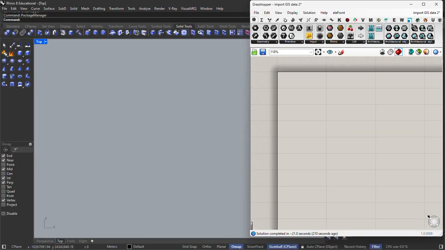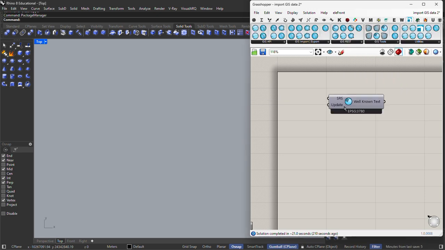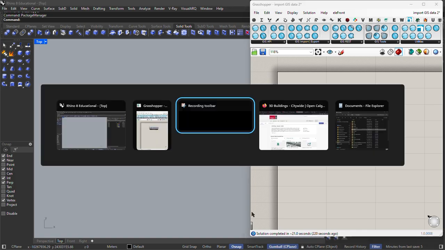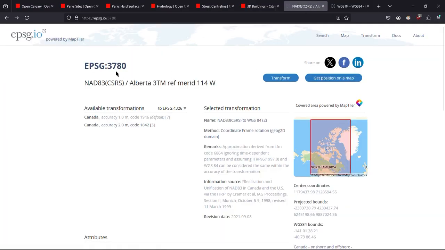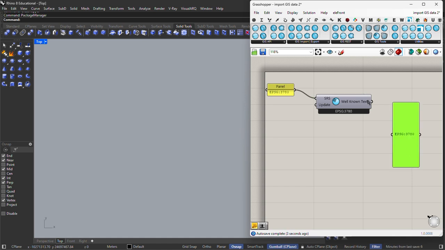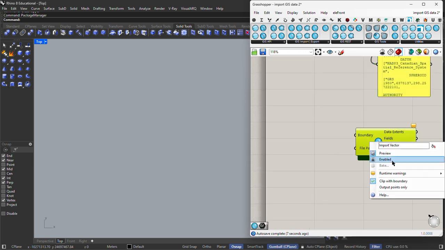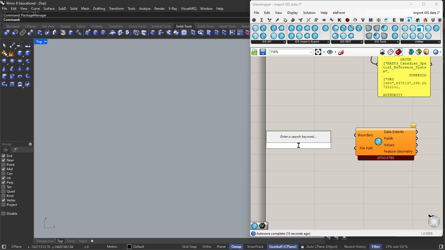First, from here on, we check GIS tools and go to set spatial reference, and we set the official reference projection of Calgary. Ctrl C, a panel, Ctrl V, plug it here, and we check that it's successful: the reference is set to the Alberta one with its name. And we call the component import vector, and we don't clip to a boundary,